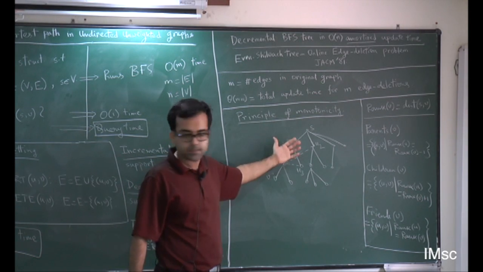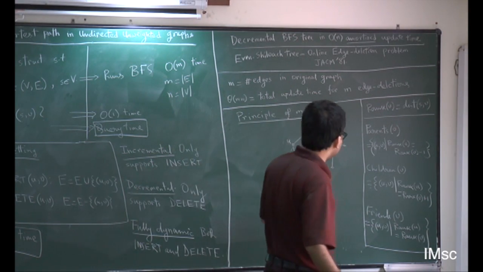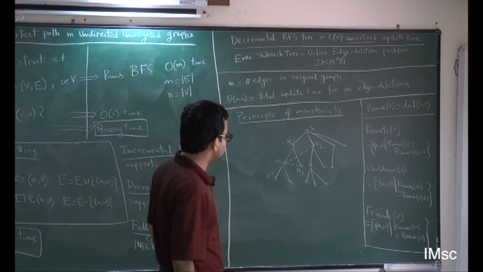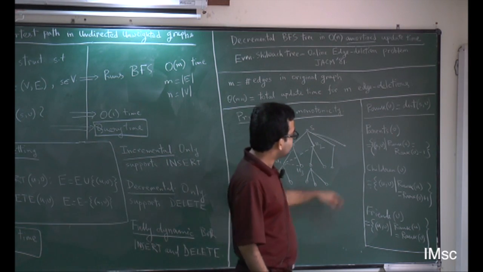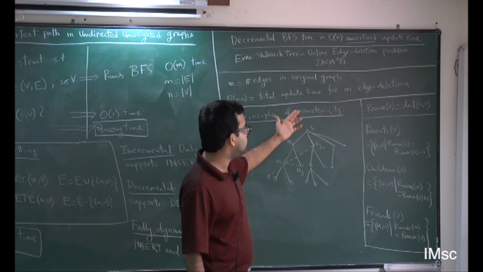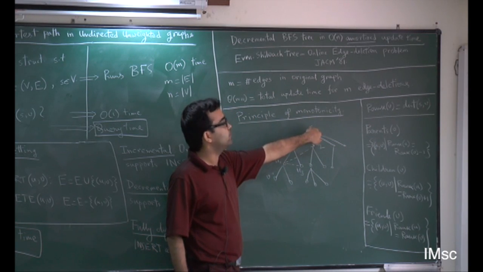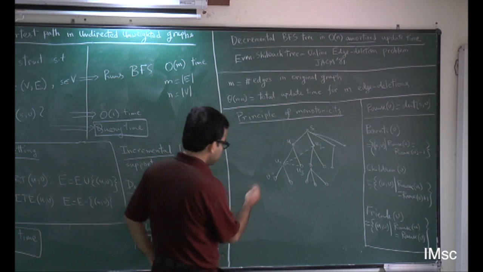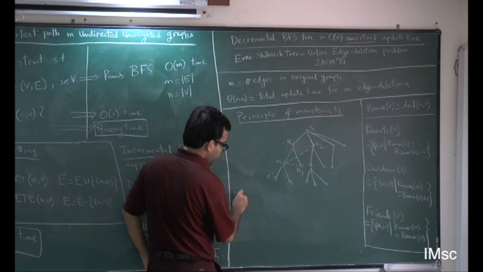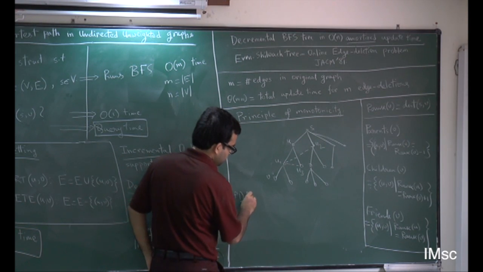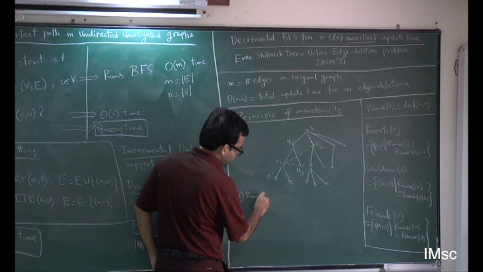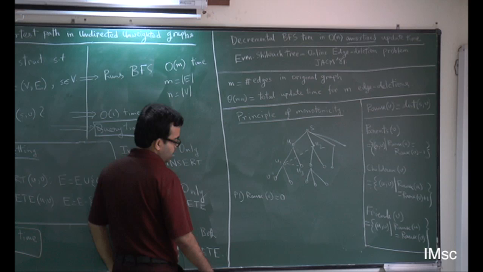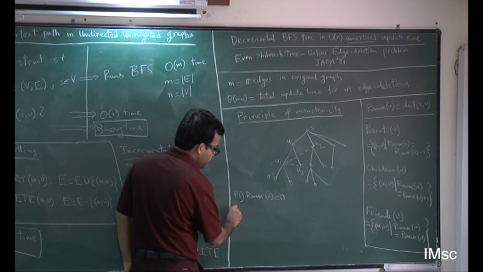Okay. Any question? Now there are just two properties that we need to maintain. What are the properties? I am not going to list down the obvious properties, like the rank of S is 0, that is one property, I am not listing that. Okay, let us just list this. So, property 1, rank of the source is 0, and property 2